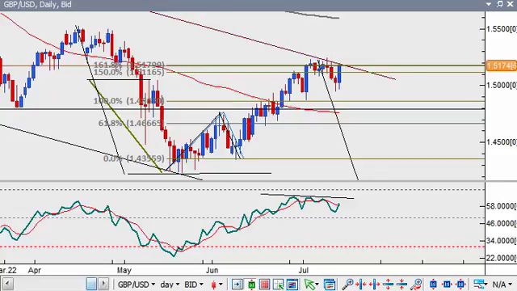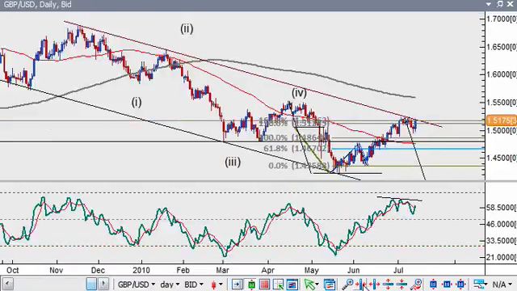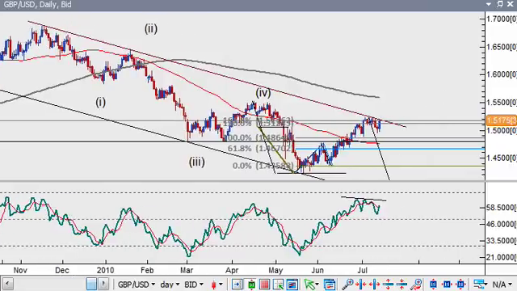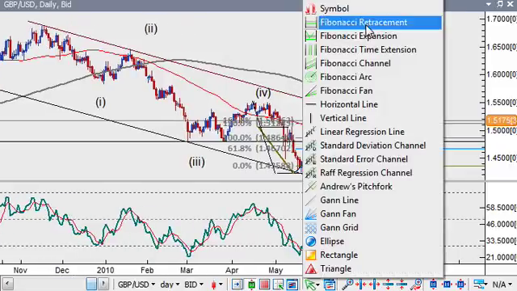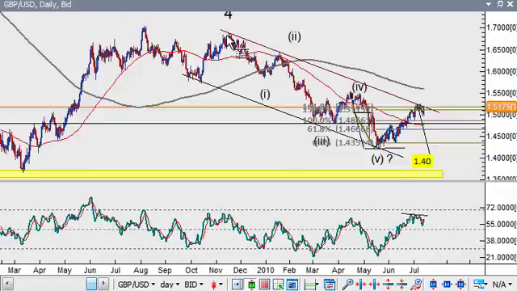Now, looking at the daily, we see that 1.52 is an important resistance. So if that breaks, it's a major signal of a reversal. So one projection might be as such. You see, from this rally,